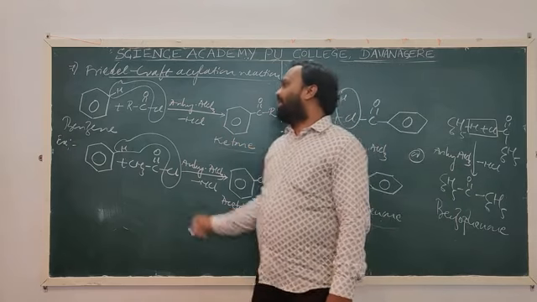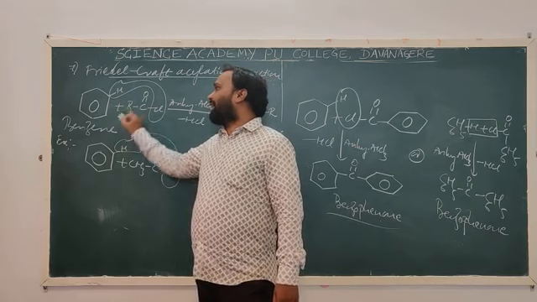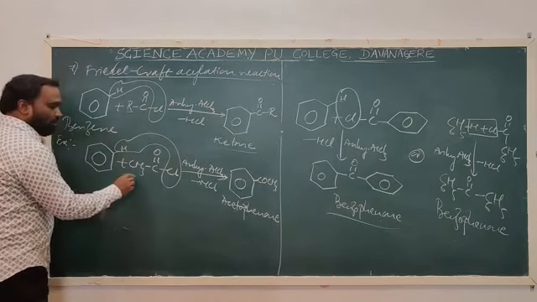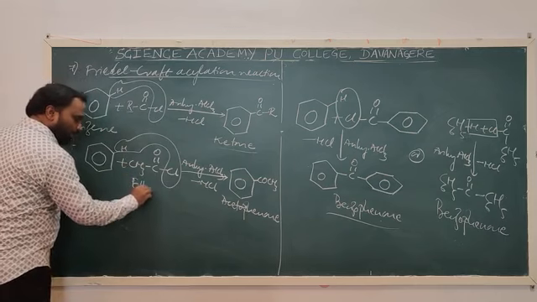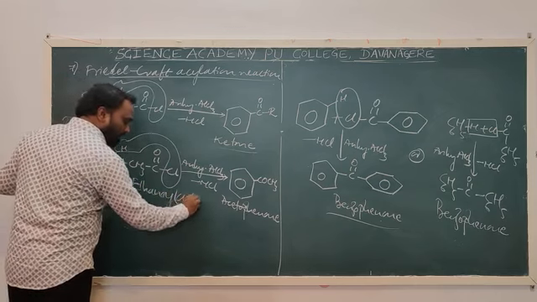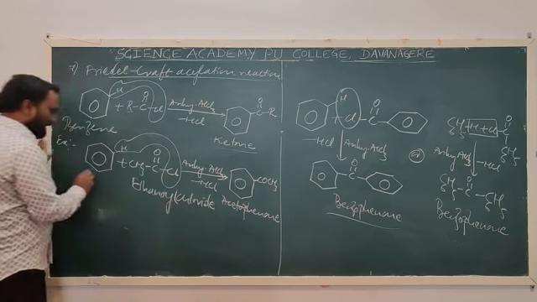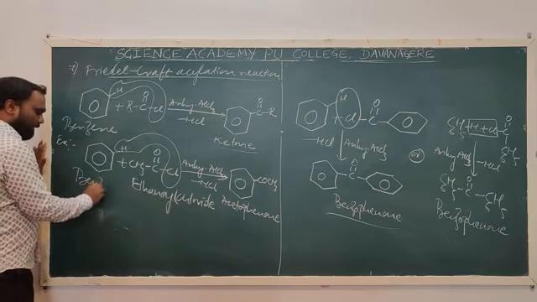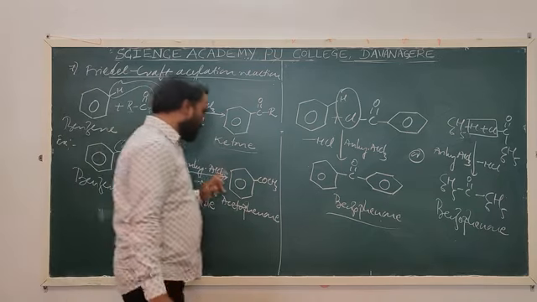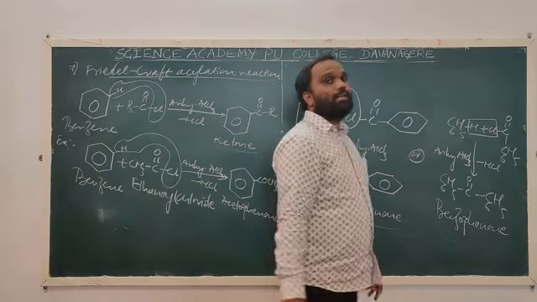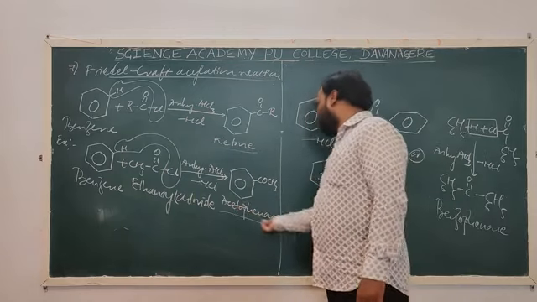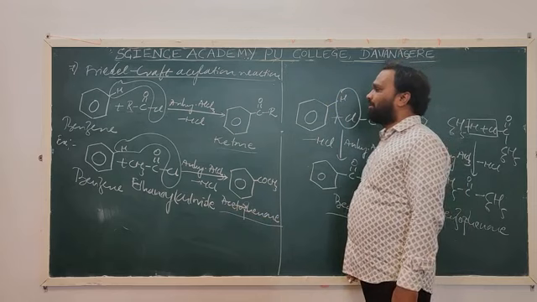For example, if we take CH3 in place of R, we get acetyl chloride, or what we call ethanoyl chloride. This ethanoyl chloride reacts with the benzene in presence of anhydrous aluminium chloride. It gives acetophenone. This is the product obtained in this reaction.